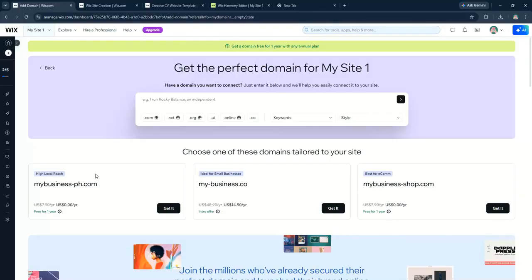Once you've made these changes, save them on your registrar's site. Return to your Wix dashboard and click Verify Connection to ensure everything is set up correctly. Keep in mind that DNS changes can take up to